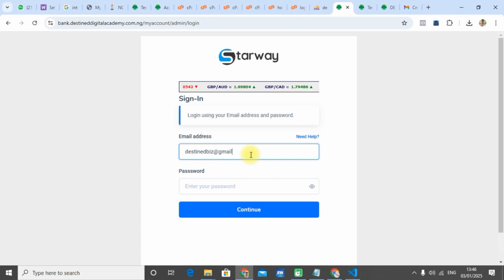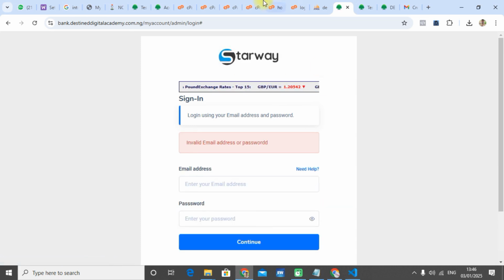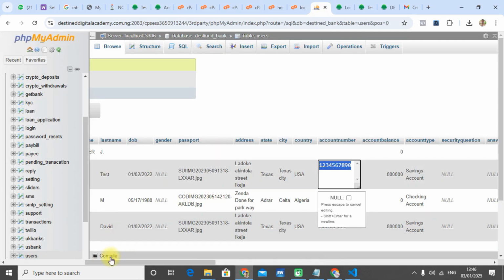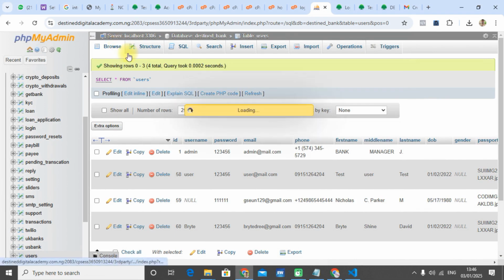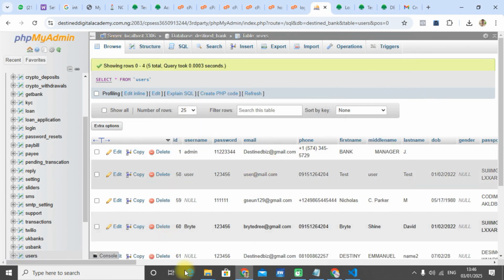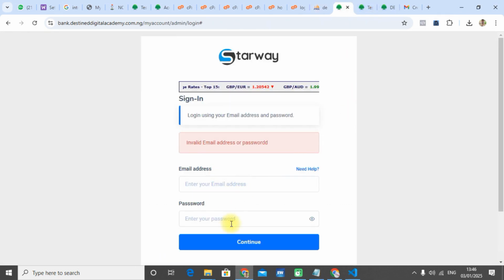At gmail.com. I've forgotten the password. 1 2 2 3 3 4 4. I think this should be the password we used just now. Wow, I've forgotten the password. So let me go to the database and check the password. This is the database. Let's reload. Okay, 1 1 2 2 3 3 4 4. Or you can just copy it and come over here, paste it here. Then the email is this guy here,